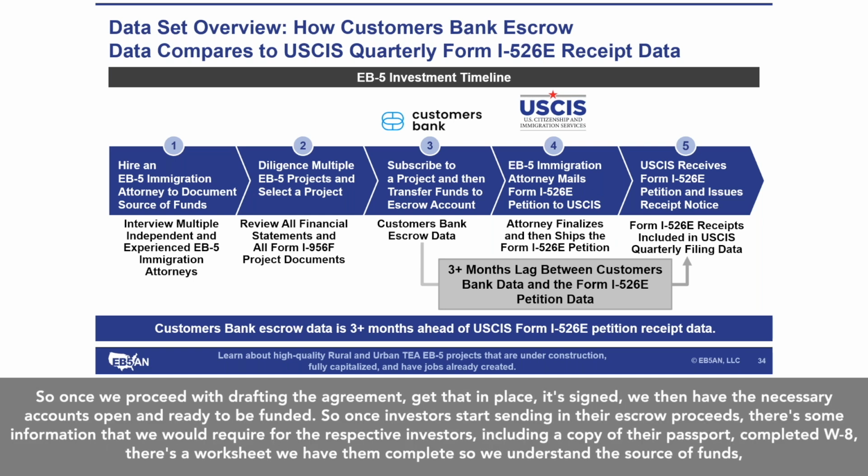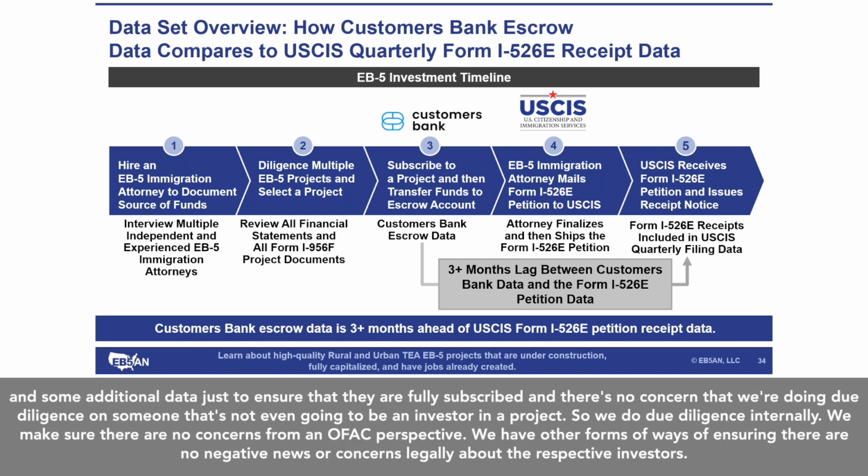So once we proceed with drafting the agreement, get that in place, it's signed, we then have the necessary accounts open and ready to be funded. Once investors start sending in their escrow proceeds, there's some information that we would require for the respective investors, including a copy of their passport, a completed W-8. There's a worksheet we have them complete so we understand the source of funds, and some additional data